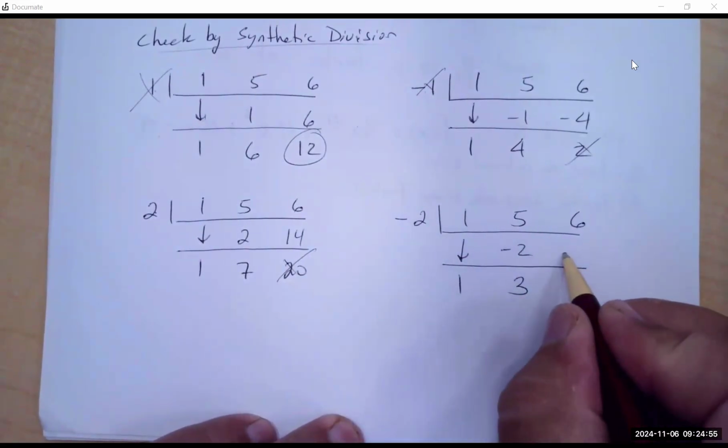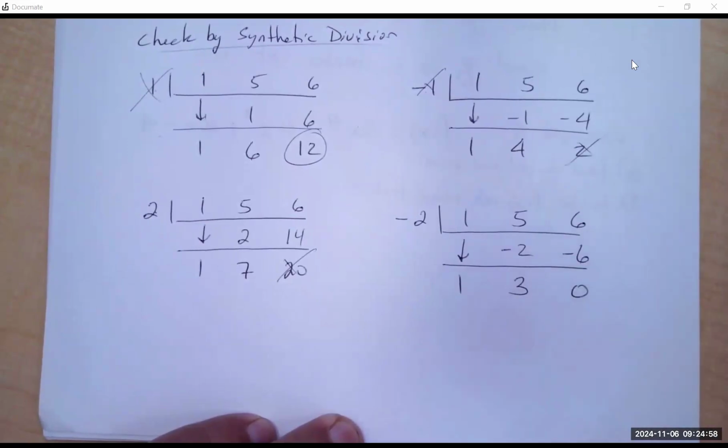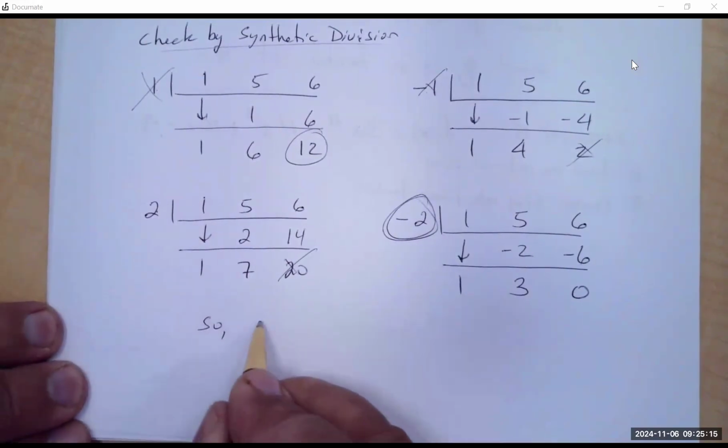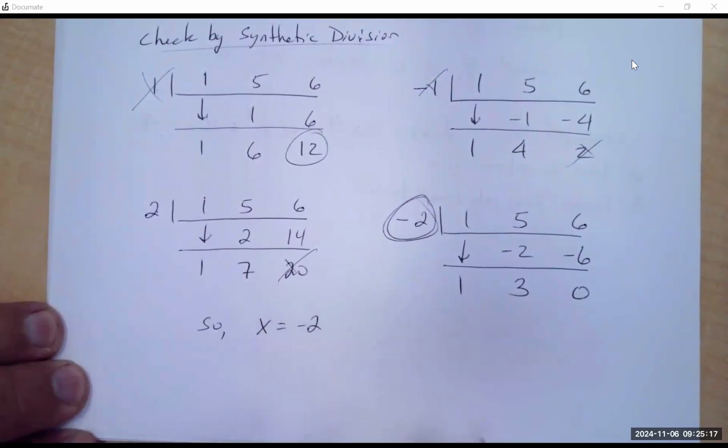Negative 2 times 3 is negative 6. So negative 2 is a 0. So X equals negative 2 is a solution,